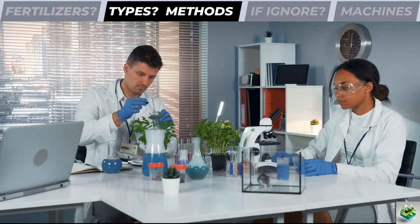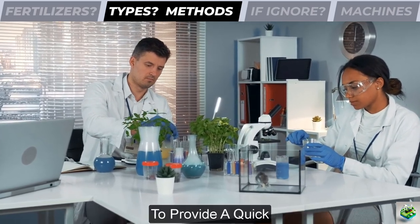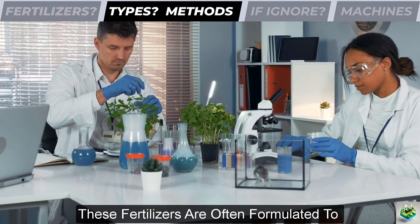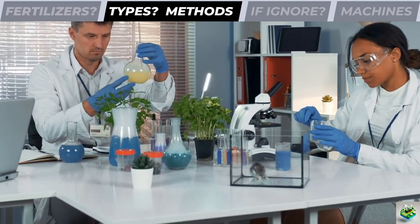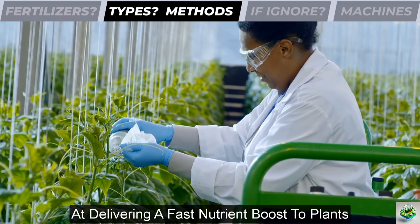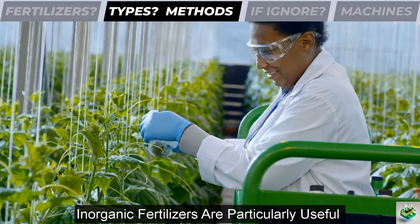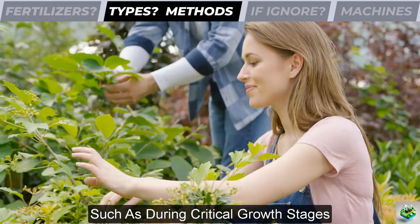In contrast, inorganic fertilizers are synthetically manufactured to provide a quick, concentrated supply of essential nutrients. These fertilizers are often formulated to address specific nutrient deficiencies, making them highly effective at delivering a fast nutrient boost to plants. Inorganic fertilizers are particularly useful when plants need an immediate supply of nutrients, such as during critical growth